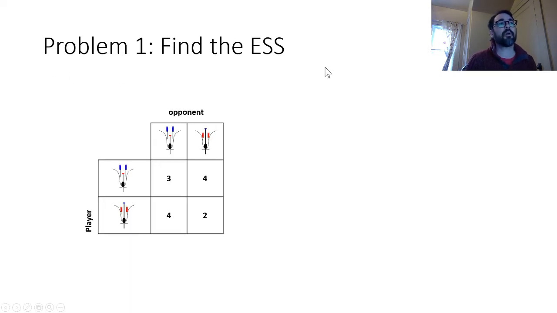Right, so problem 1, find the ESS. Right, so remember, before I had A, B, C, and D in here, but now I've just put numbers, right? So all we're saying is that in terms of survival and reproduction, maybe in this world these guys have 3 seeds, in this world he can have 4 seeds, and so on. And so use the inequalities that we had before to work out which of the 4 kinds of solutions might